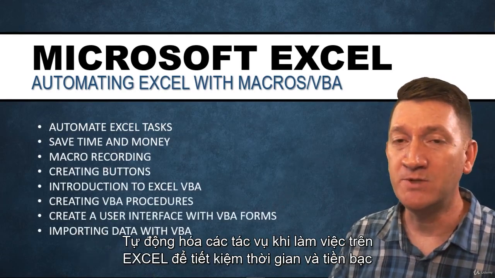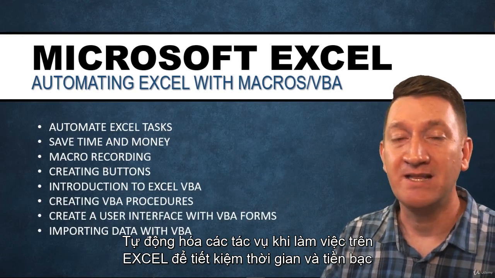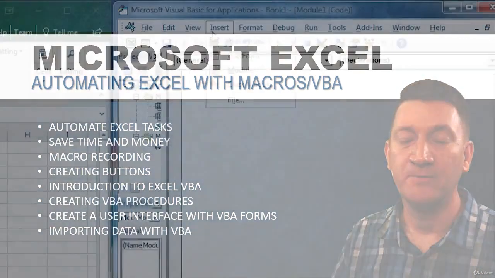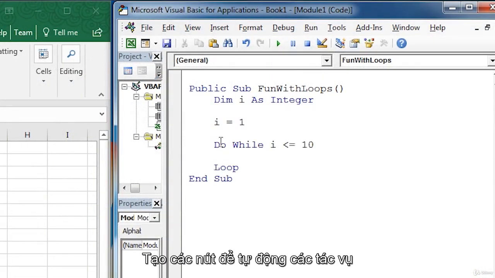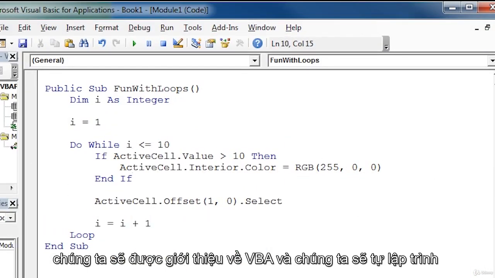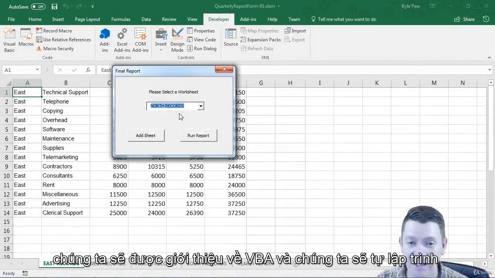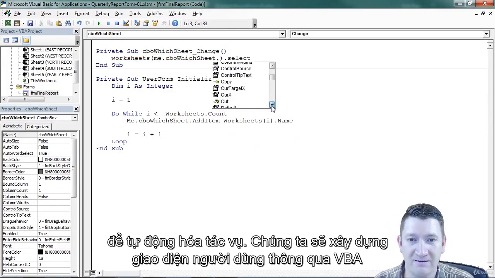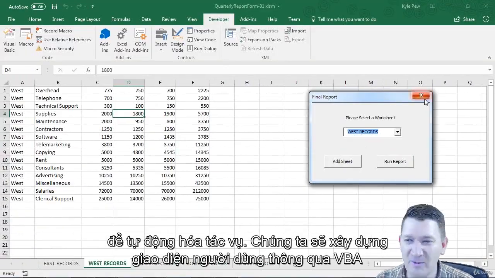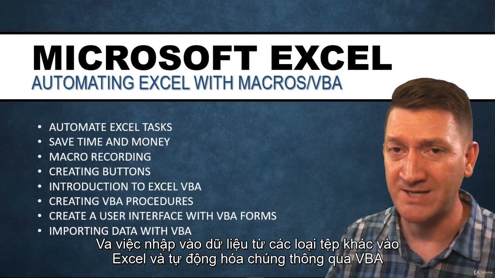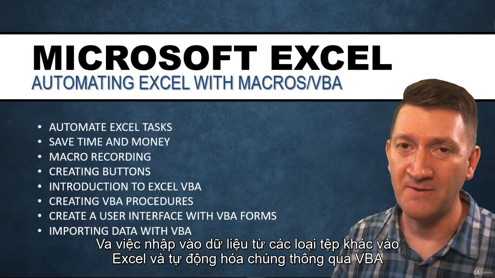Ultimately, to save you time and automate tasks that you do inside the Excel application, save you time and money. We'll talk about macro recording. We'll get into creating buttons to be able to run automation. We're going to get an introduction into VBA, and we're going to get into the code itself and build procedures and automate from scratch. We'll build user interfaces through VBA user forms, and we'll talk about a specific task of importing data from other file types into Excel and automate that experience